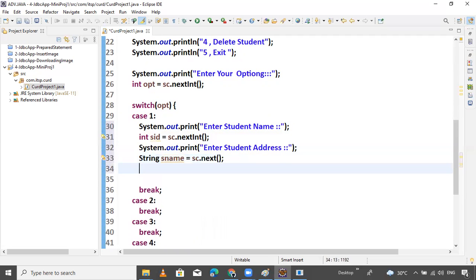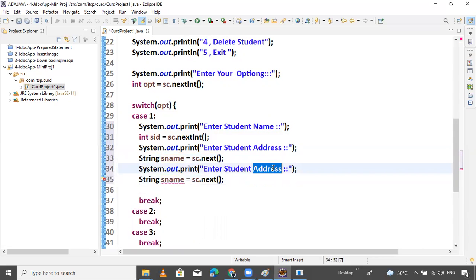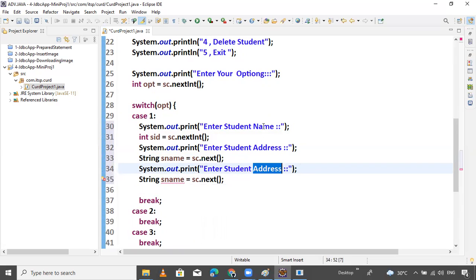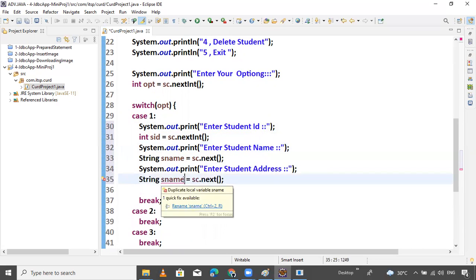Now the next thing is Control C. Enter student ID instead of name. Here is the name. Here is the address. SADDR, address.